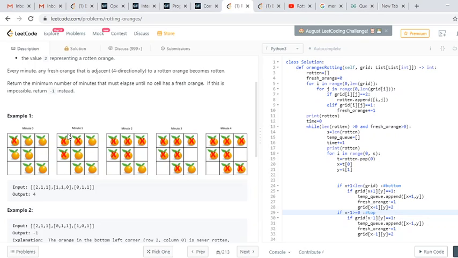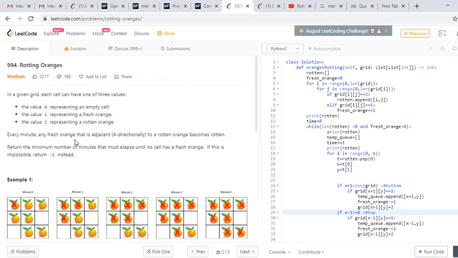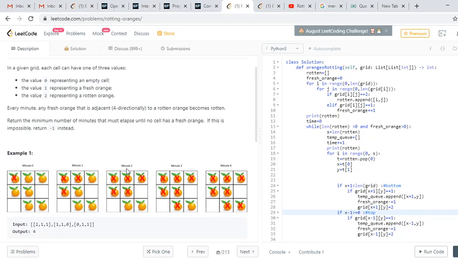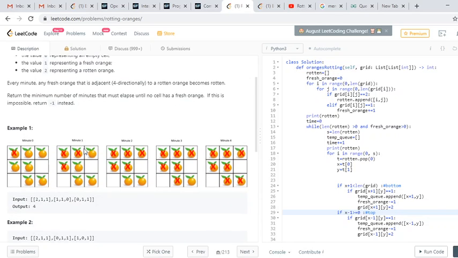As we can see here, in minute 1 it is in contact with this orange and this orange, and it rots these oranges. In minute 2, what happened? Now this orange will rot this one, and in minute 3 this orange will rot this one, and in minute 4, all oranges are going to be rotten.